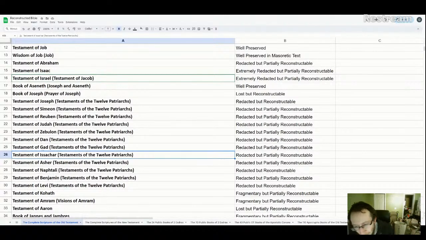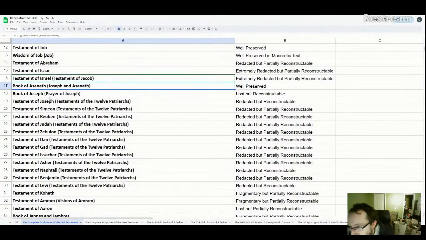We can give a little bit more depth to it using Genesis and Jubilees, but overall, we can't make things up that they didn't say. We can't just make up stories about them that didn't happen by assuming, oh yeah, that story probably happened, so let's make it up. So I'm going to try to stick fairly closely to the scriptures as we have them, and only put in information that probably was said by them. If it's just complete speculation, then there's no point in adding in a reconstruction of something that probably isn't even valid. But we can use things like Joseph and Asenath, and any of the other testaments, and what they have to say about some of the stories, to try to reconstruct some of these things.